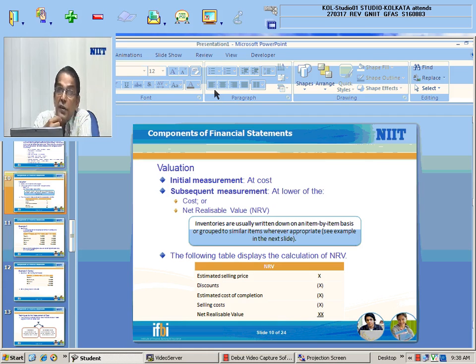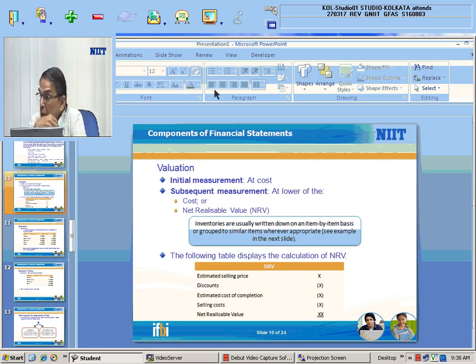If the inventory is half finished, then you cannot sell it, so there can be some cost of completion involved before selling the inventory. So the estimated cost of completion also has to be reduced from the estimated selling price. If selling costs are involved, like paying the selling agents, those also have to be reduced from the estimated selling price. So three things will be basically,